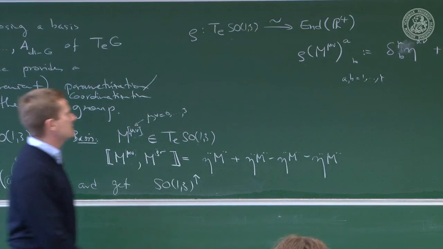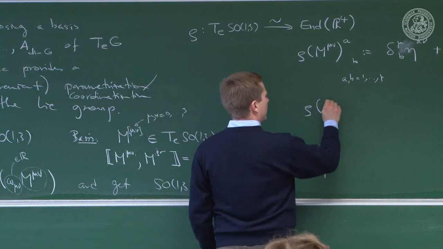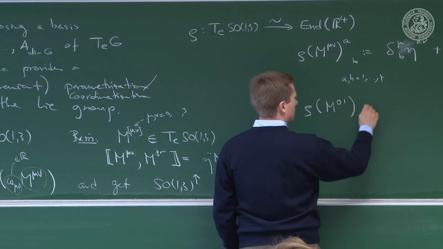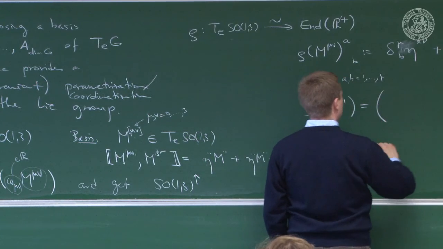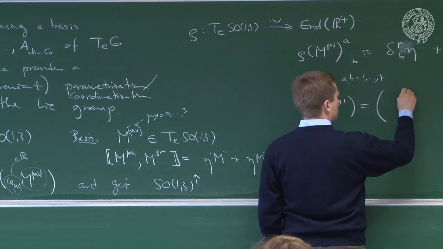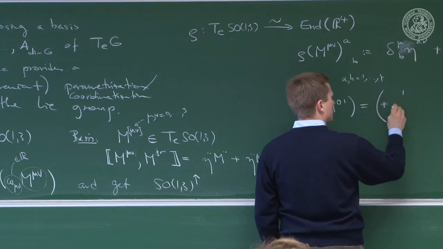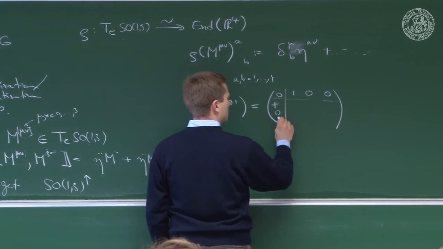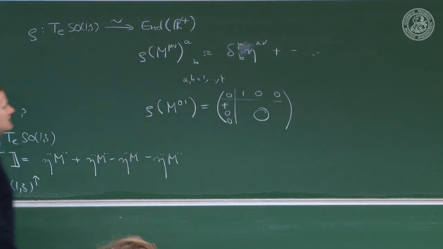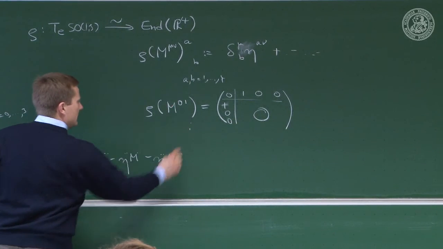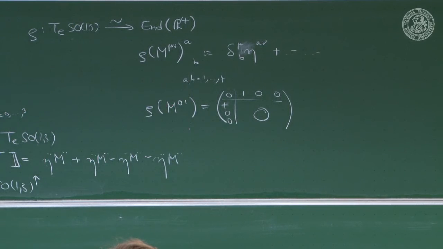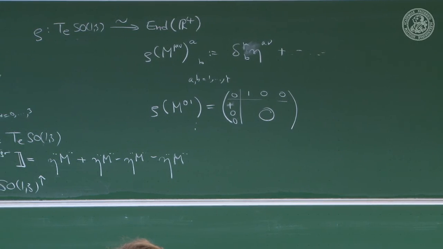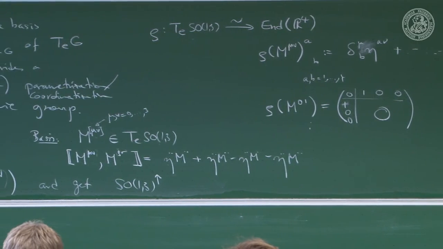Okay, so for instance, rho of M01, I think that's something like a boost in one direction. That looks like this. Something of the type, and so on. Okay, so then you have a representation, and once you have a representation, you can plug the representation in here,